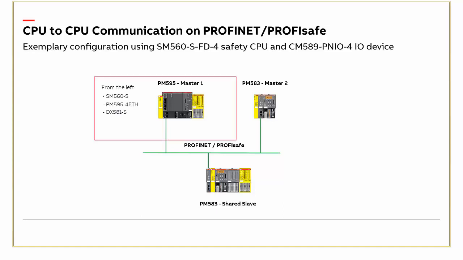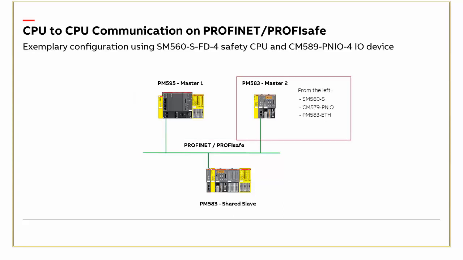The master 1 includes CM589 CPU and in addition safety CPU CM589-S, and the master 2 PM583 includes this CPU module and safety CPU SM560S. These are both safety CPUs which we already have in our portfolio, but on the slave system,